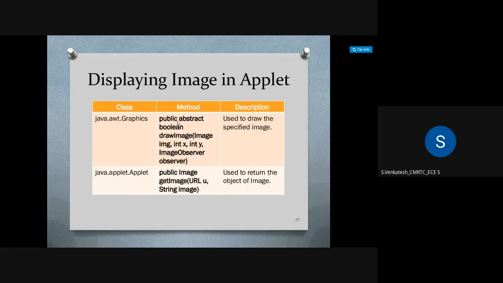Next, how to display an image in an applet. Displaying an image, for example our photos or whatever things are on a website. For example, we want to display our photo. How to do this? By using an applet simply. In java.awt.Graphics, the method is